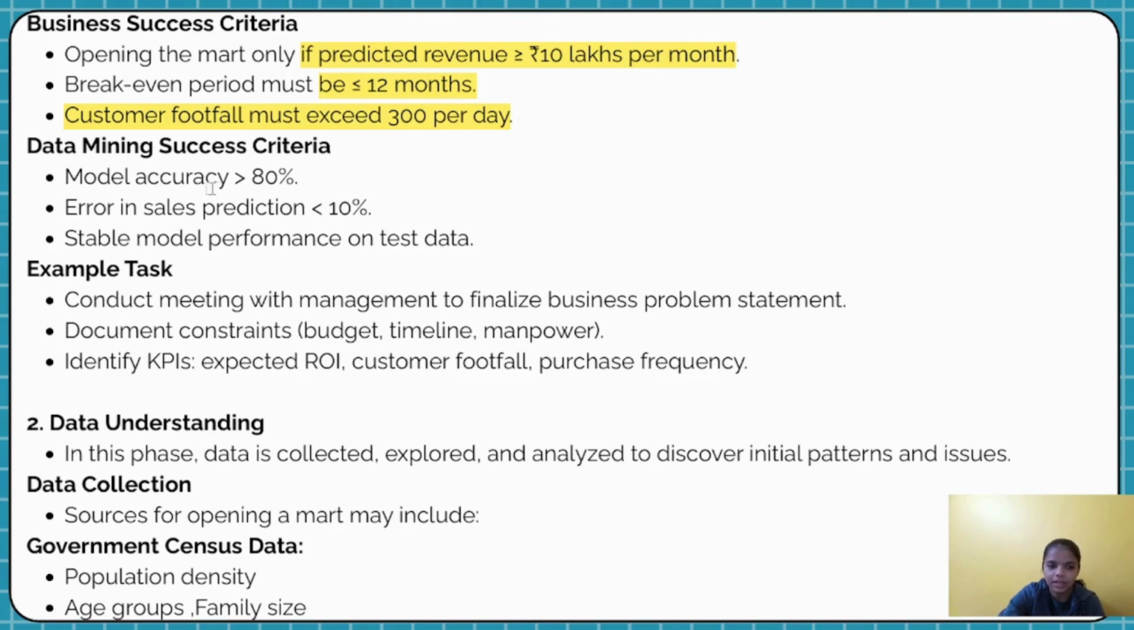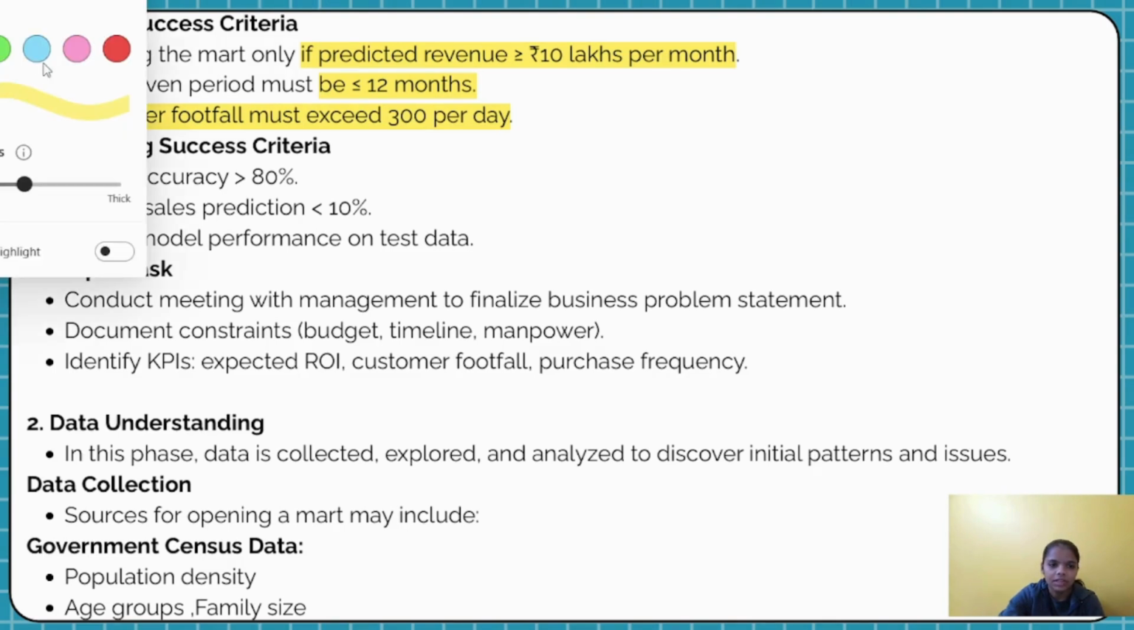Next, example tasks, which include conducting meetings with management to finalize business problem statements, and documenting constraints, whatever our budget, timeline, and manpower required. And the last one is to define expected ROI, return on investment, customer footfall, and purchase frequency, all these we have to maintain. Now the second phase is